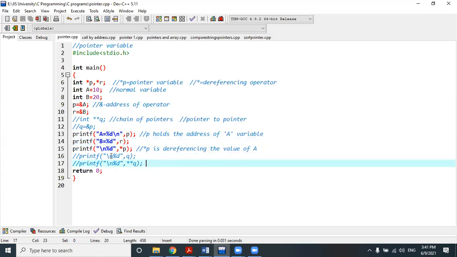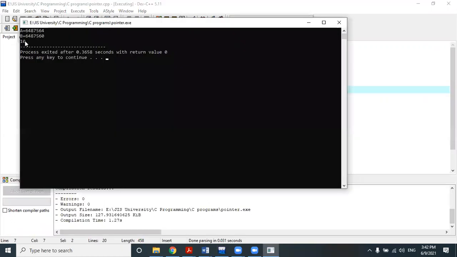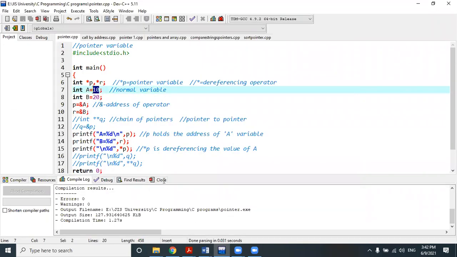So what is dereferencing? I have already told you, dereferencing is an operation by the help of which a pointer variable will display the value of a variable whose address has been stored by the pointer variable. P is storing whose address? Variable A's address, right? So what value will it print in case of dereferencing? 10. So let's run it. Is it clear to everyone? This is called a dereferencing operation.